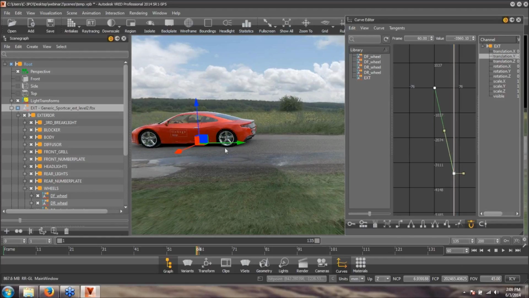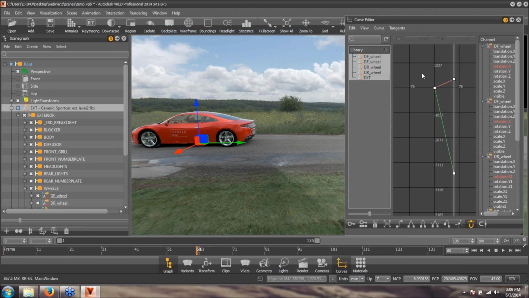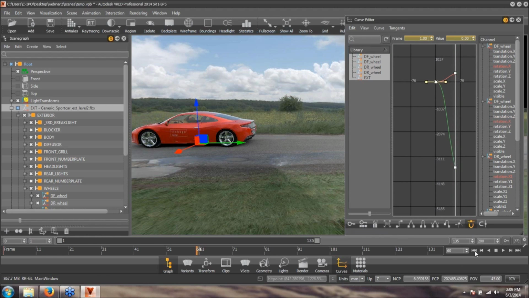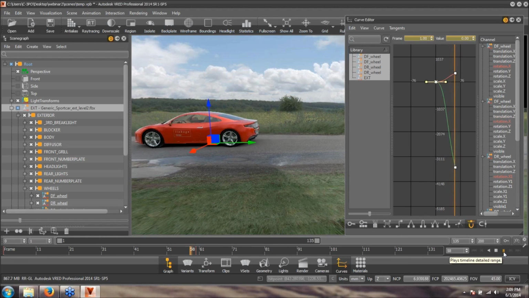Now normally if your vehicle is going to accelerate from a stop, then you'll need to change the tangency. So I have selected the first key for both the wheels and the vehicle, and under tangents I'm going to change that to flat. So now when I do a playback, you can see that the vehicle slowly ramps up